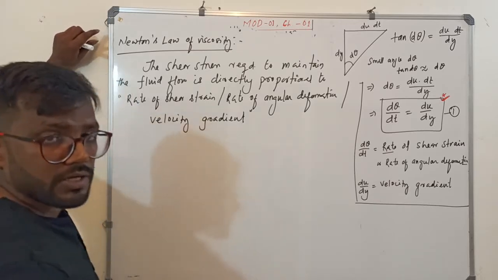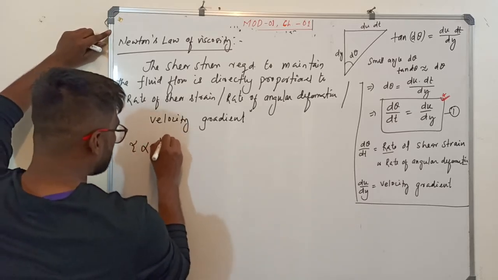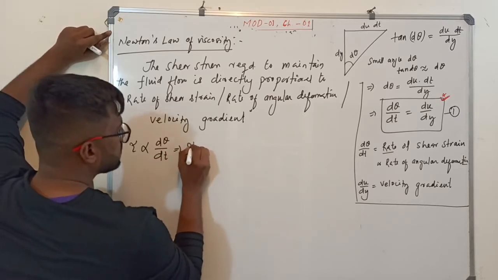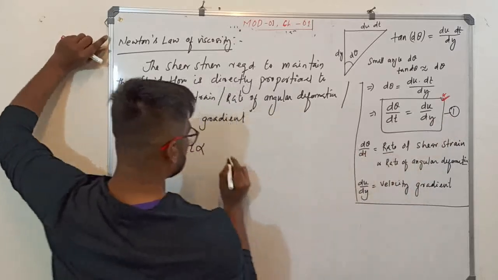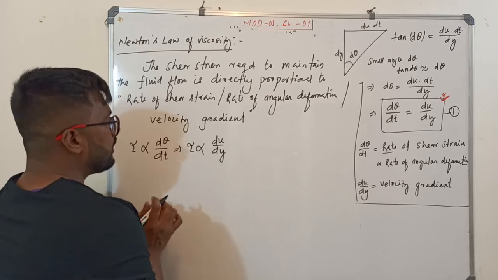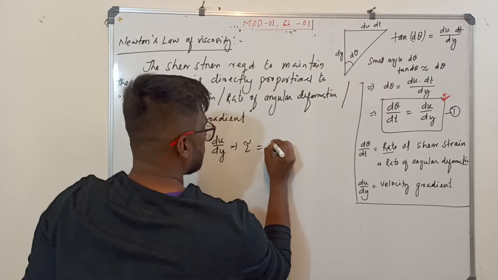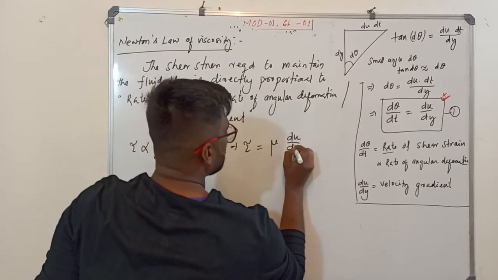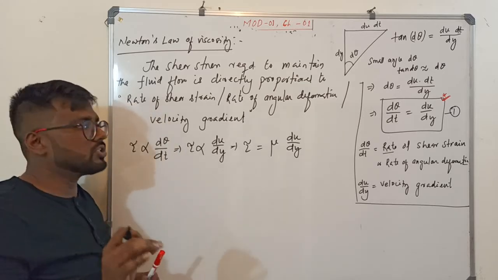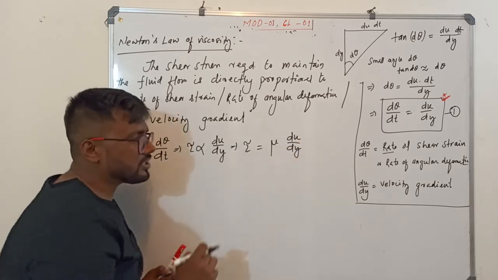This exactly, this only we have just studied before. Tau is proportional to v by y, हमने पढ़ा था ना through experimental results. That is, tau is proportional to d theta by dt, this is your rate of shear strain. This implies d theta by dt equals du by dy. Yes or no? Now, if I remove the proportionality symbol, I have to multiply with a constant, and I cannot just multiply some random constant. I have to multiply such a constant which shows the variation between these two.